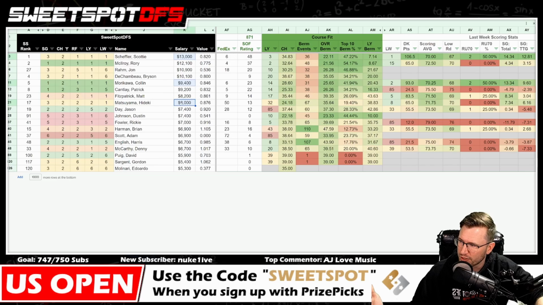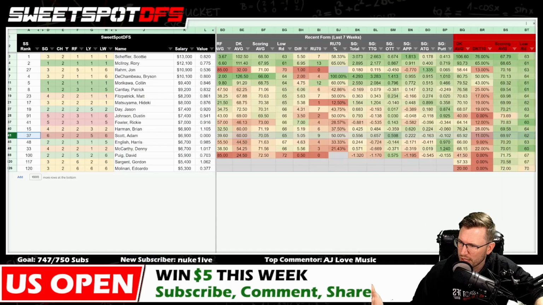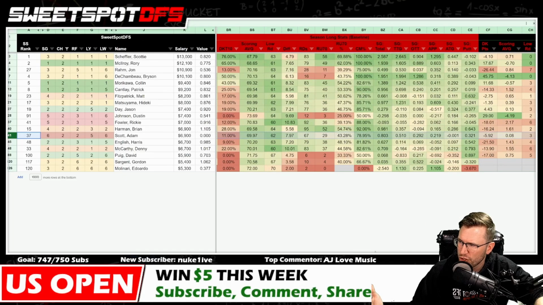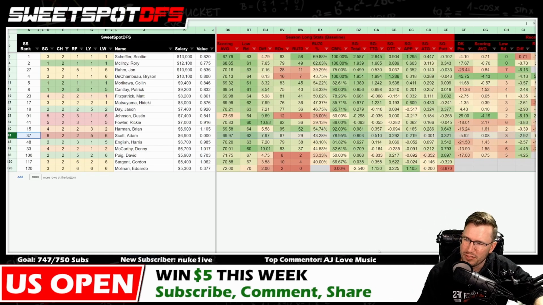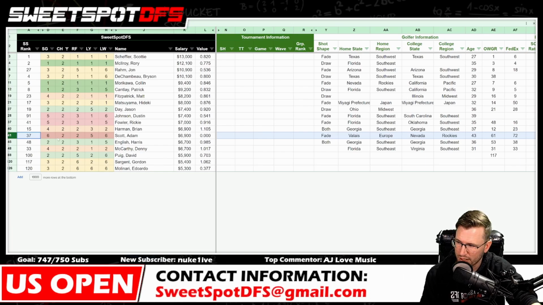Trying to find some other decent golfers. Oh no, I need to update Adam Scott's strokes gained stats. I know what I have to do. It doesn't really matter. His strokes gained stats, it's not affecting anything. But I do need to update that. So he's a different color than that dark red because he does have strokes gained data. But anyways,